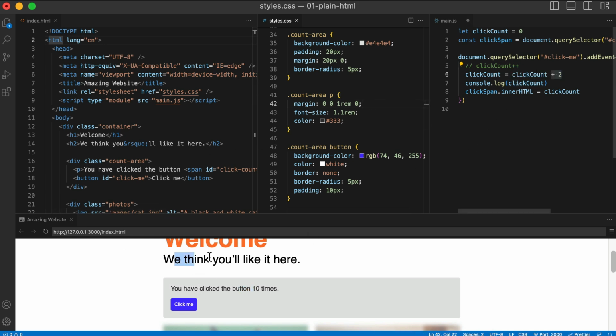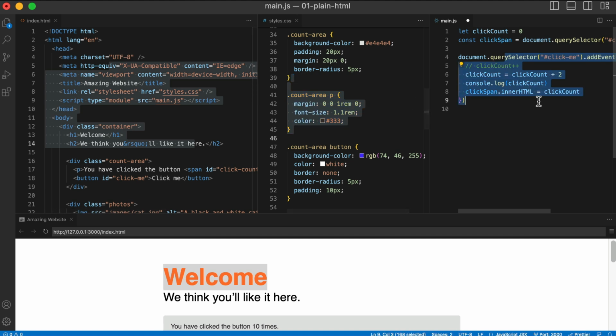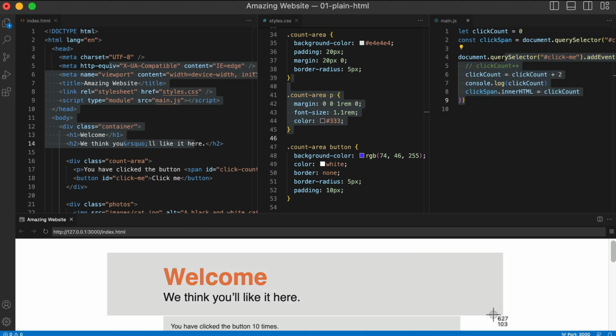It's a truly live preview after every keystroke. So while this is perfect for vanilla plain HTML, CSS, and JavaScript, I also want to show you how you could use a similar setup for React.js. Before we jump into that though, let me show you a few more details about how this live preview area